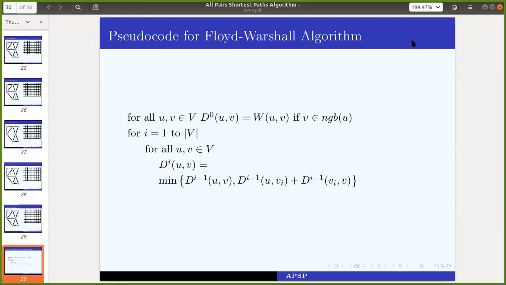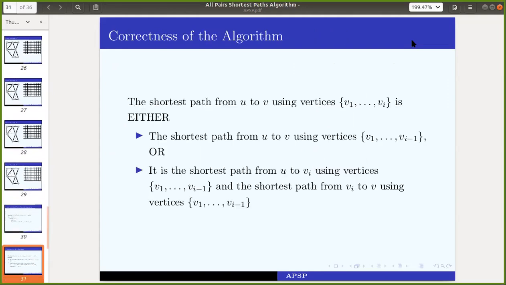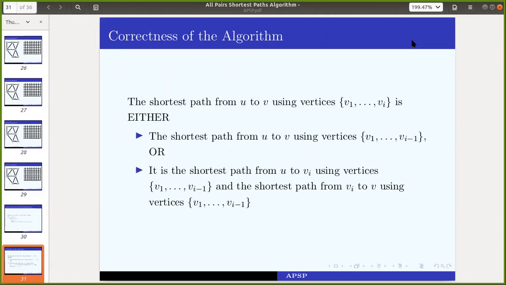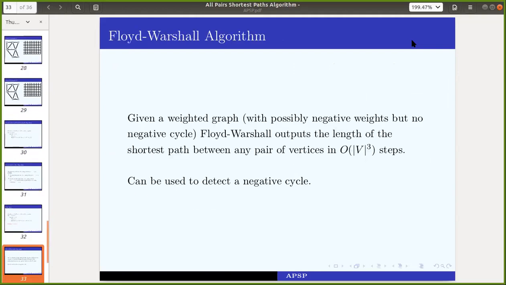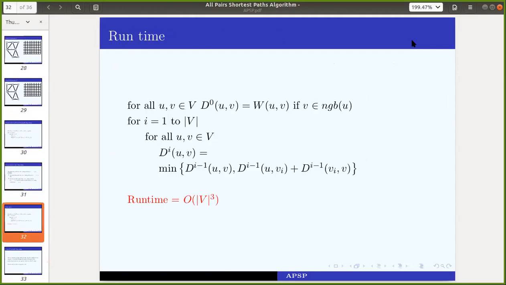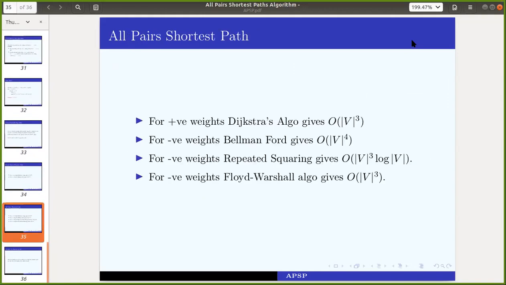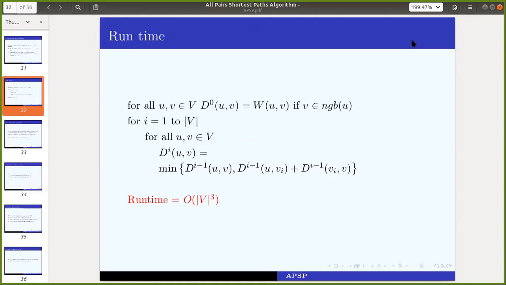No, sir, that 2 to the power L part, that was my doubt. All pair shortest path in that algorithm. Wait a minute. This is the last section, right? Sir, that 2 to the power L part, I did not understand.